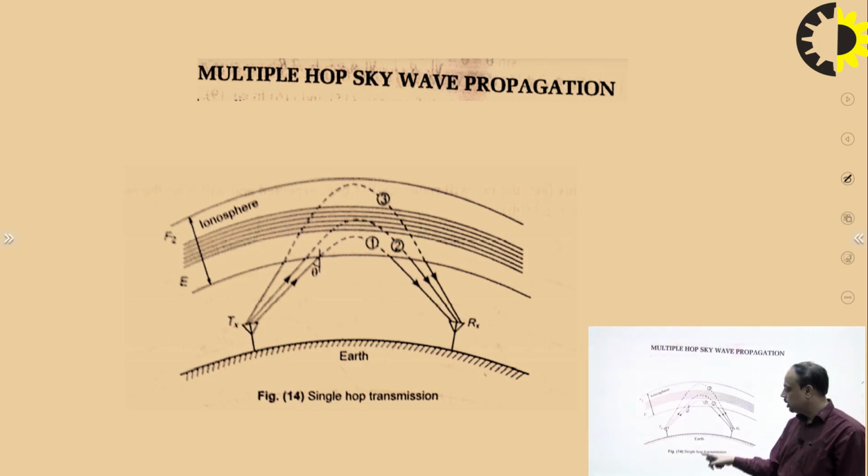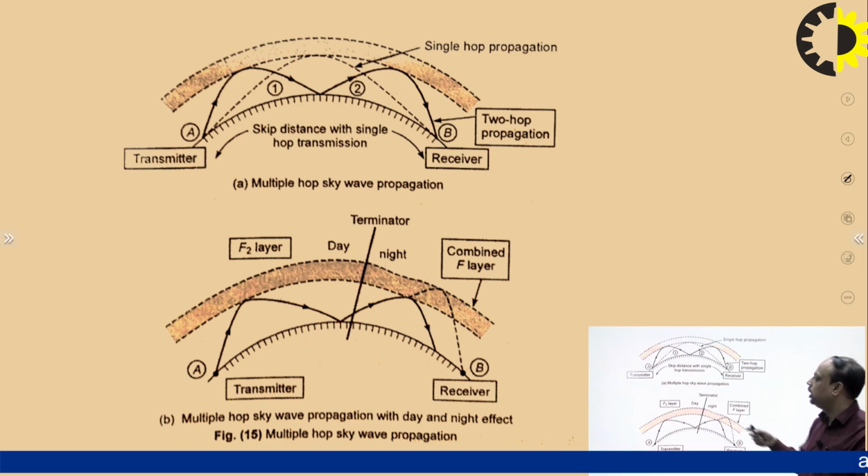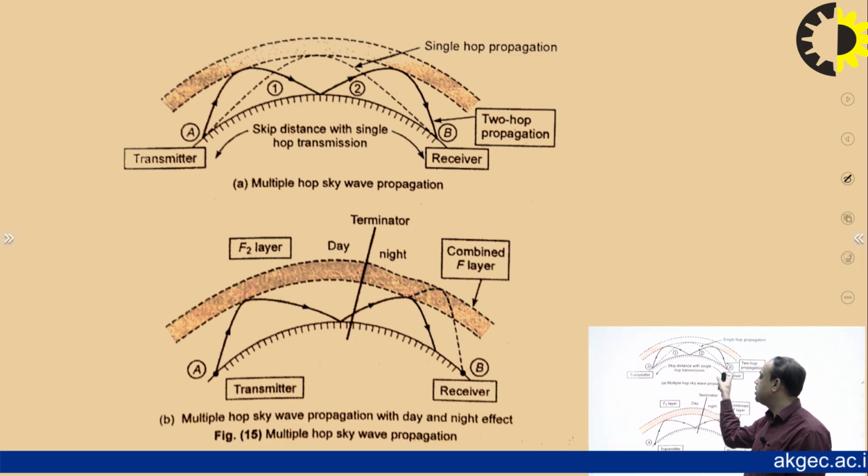So this is known as single hop because there is no reflection from the earth over here. This is a single hop scenario, but the wave travels three different individual paths. While in the case of multi-hop sky wave propagation, the earth behaves as a perfect conductor, and